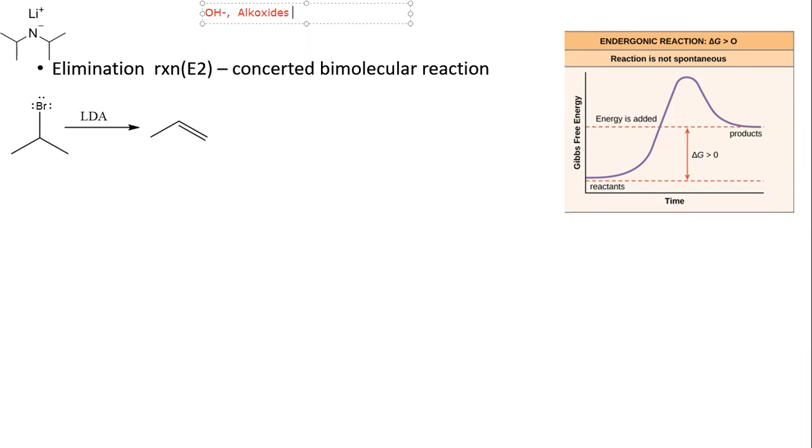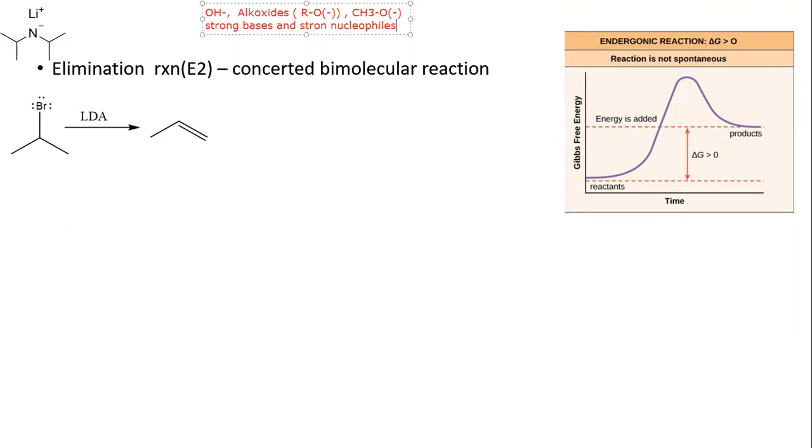Now alkoxides, what they are, if you imagine an alcohol and just remove the hydrogen. So alkoxides are a deprotonated, if you want to call it that, alcohol. So for example, CH3O minus is called methoxide. So these two groups are examples of things that are strong bases and strong